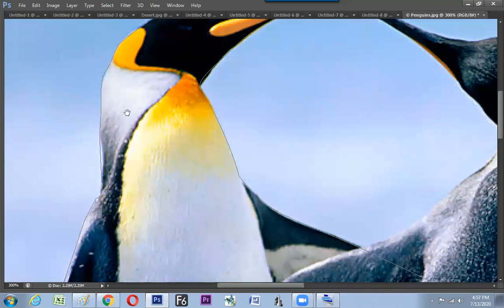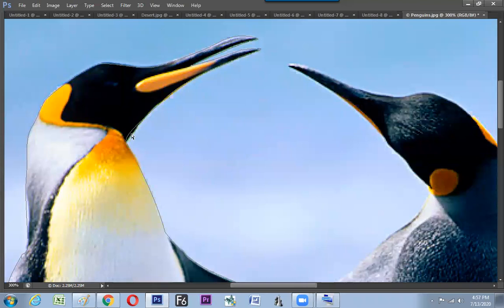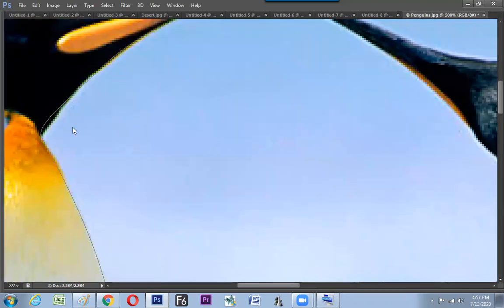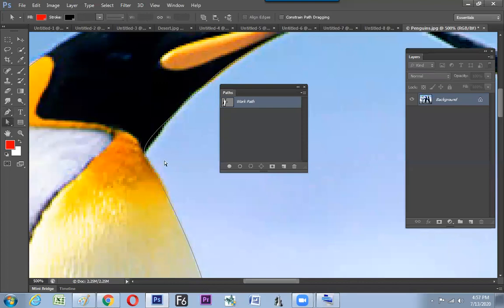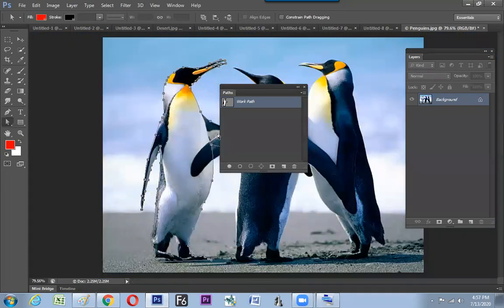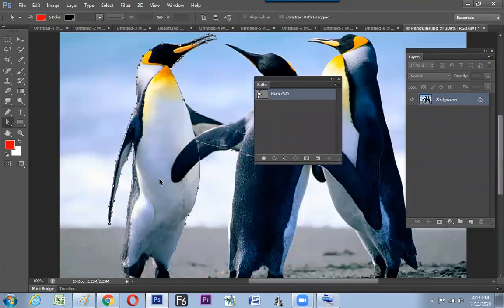Finish. So now we have understood how to make the shapes. And if you need to add or modify some of the shapes here, what to do? Take the path selection tool, select the path and select the point, move it, press it down. If you want to add some points, you can add a point, and you can move it by holding A for direct selection. So we got to know how to add the points and how to move the points.